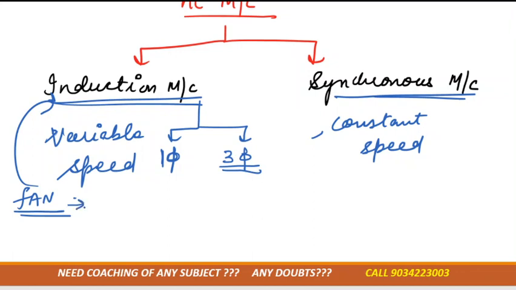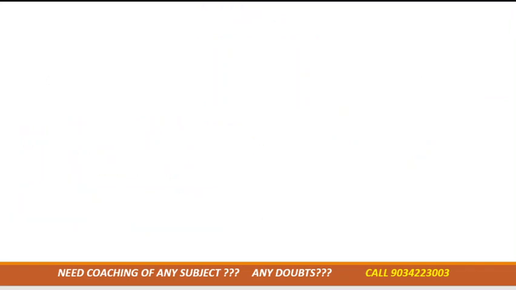So the fan which we are using at our home is a single phase induction motor. Okay, the main difference is that for an induction machine we can change the speed, and for a synchronous machine we can't change the speed. Okay, now the next part is basically the working principle